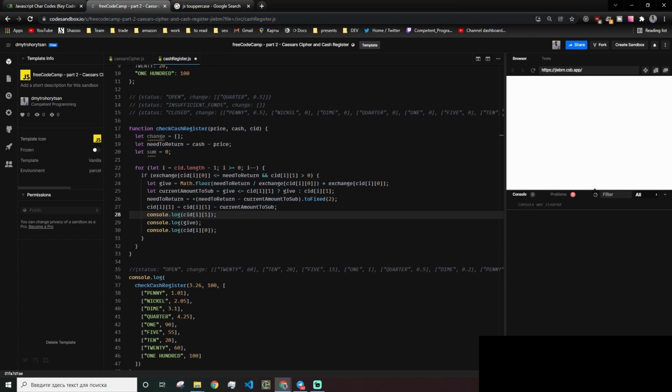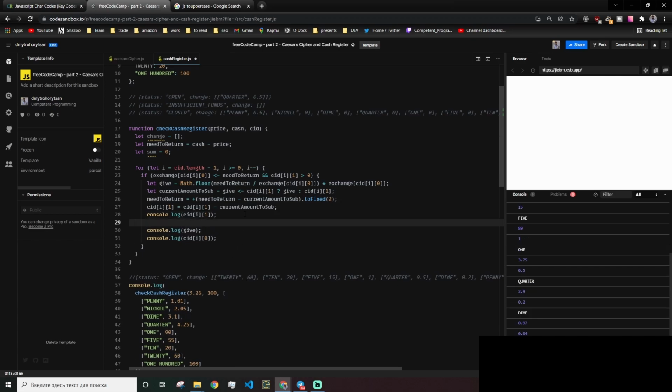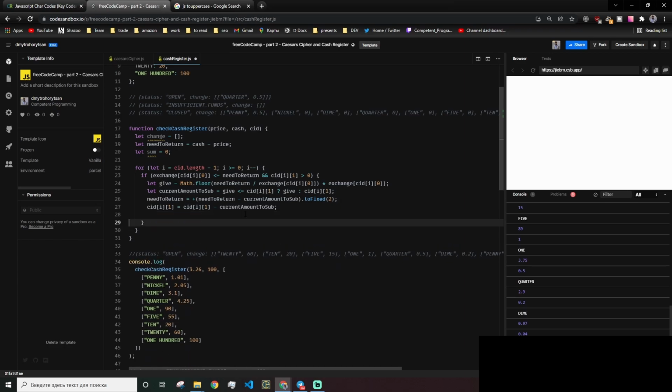Let me clear. So we're working with 20s, and we have 0 because we subtracted 60s. And then we also need, let me remove this, to add this amount to our sum